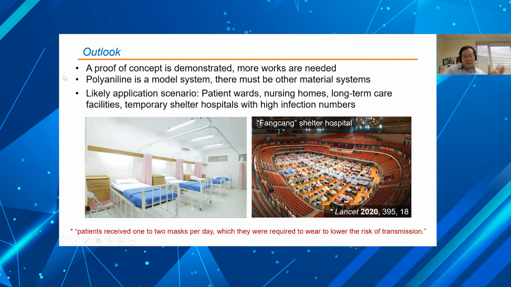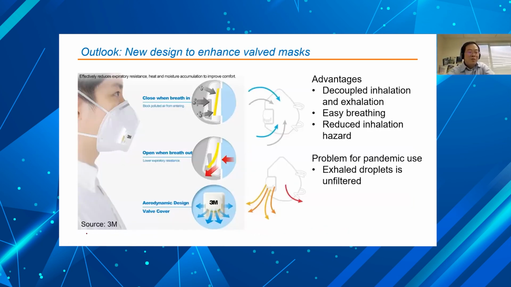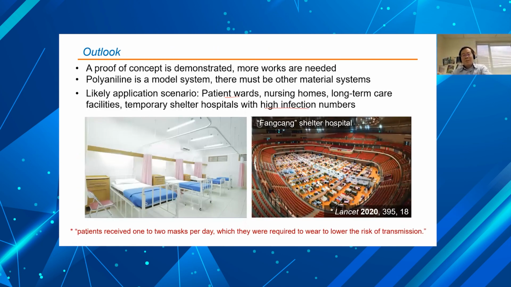We are also often asked where you see this being utilized. We think this will be most useful in places where you have a high number of infected people, like patient wards, nursing homes, long-term care facilities, or temporary shelter hospitals for sorting COVID patients. In the SOPs of these shelter hospitals, you will see that they actually distribute medical masks to patients, because they also want to reduce the viral concentration within the indoor environment to better protect other patients, as well as the